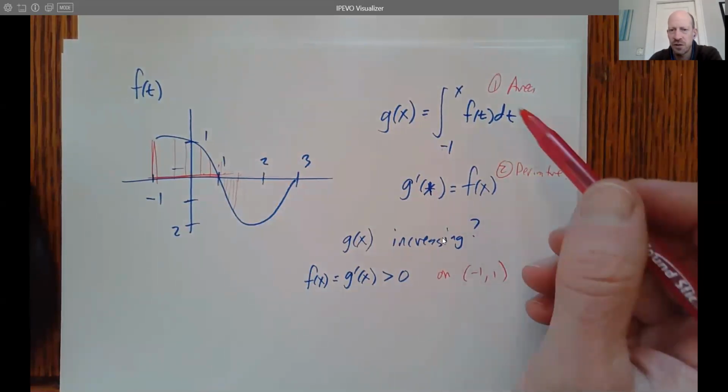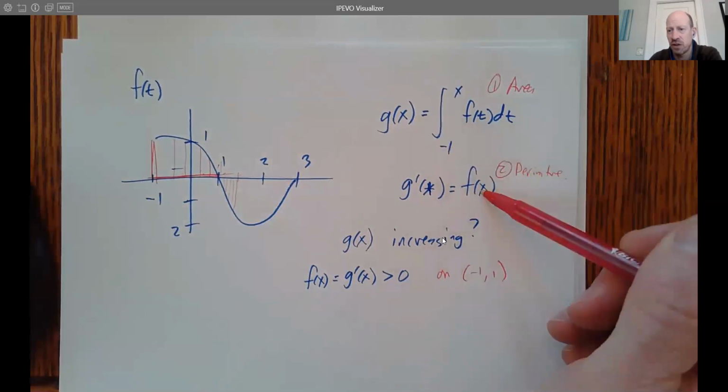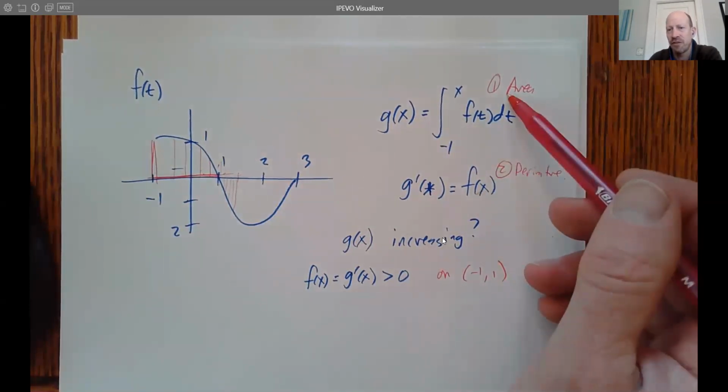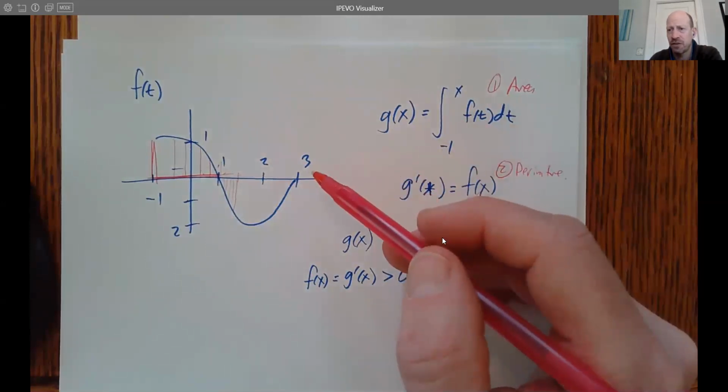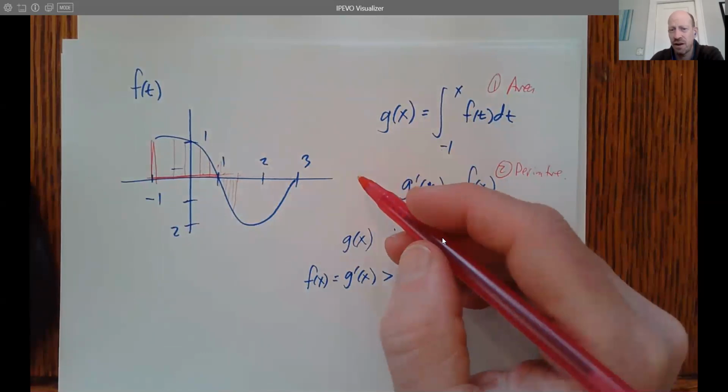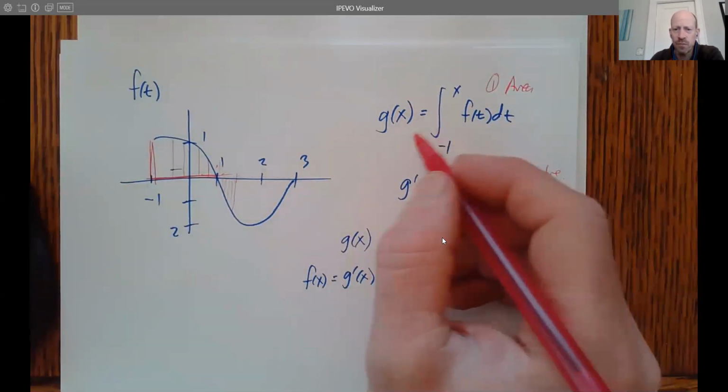So if it asks you questions about the derivative of g, then certainly I'd like to use this. If it's asking me about the values of g, then I probably need to use the area definition. And on this graph in the take-home quiz, and other graphs too, if I asked you